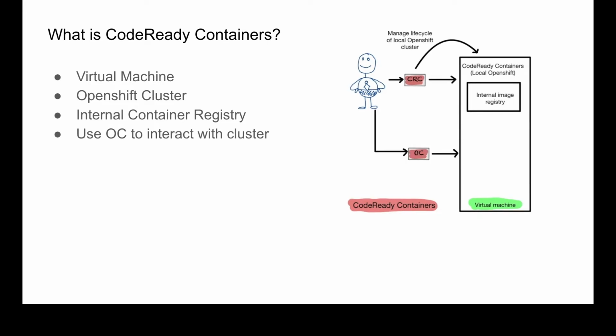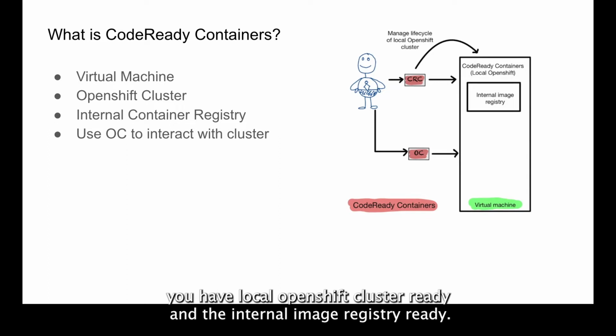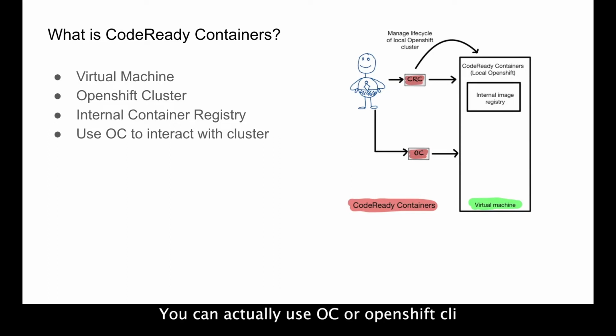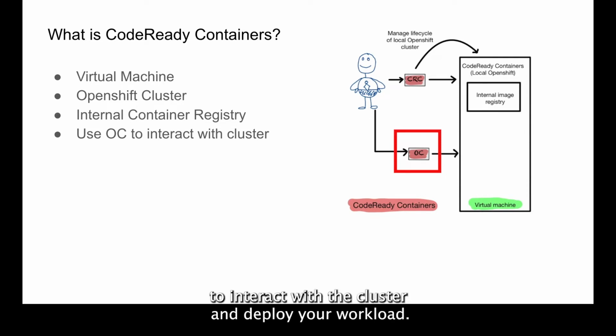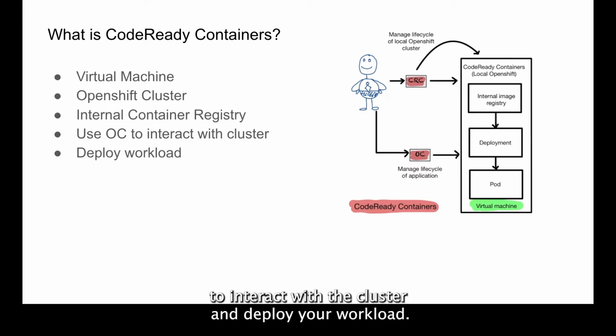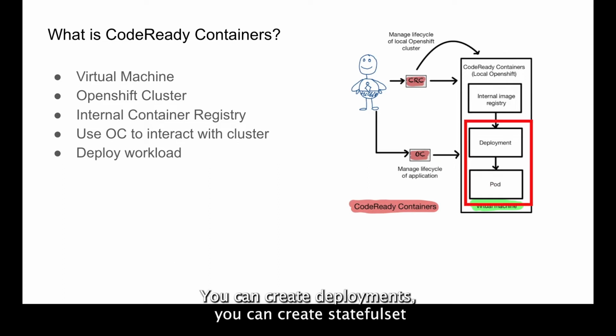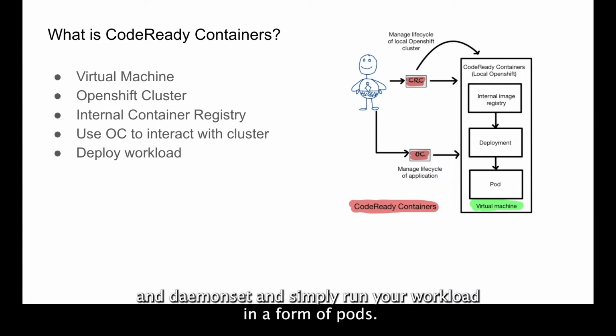Once you have the local OpenShift cluster and the internal image registry ready, you can use oc, the OpenShift CLI, to interact with the cluster and deploy your workload. You can create deployments, stateful sets and daemon sets, and